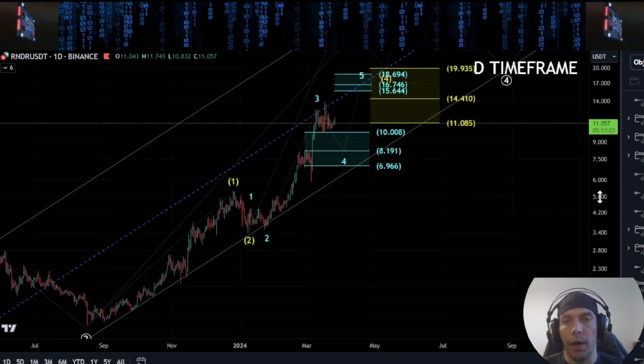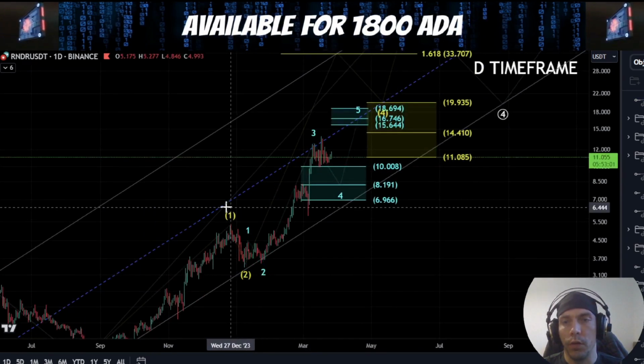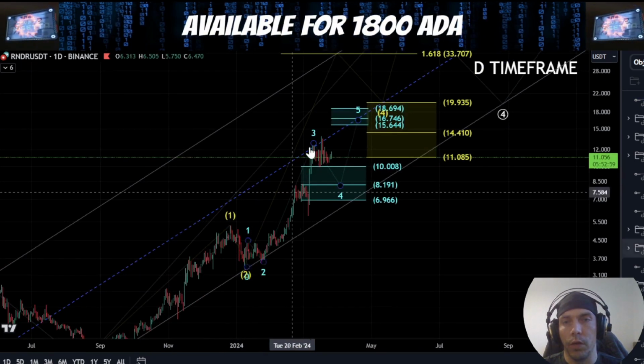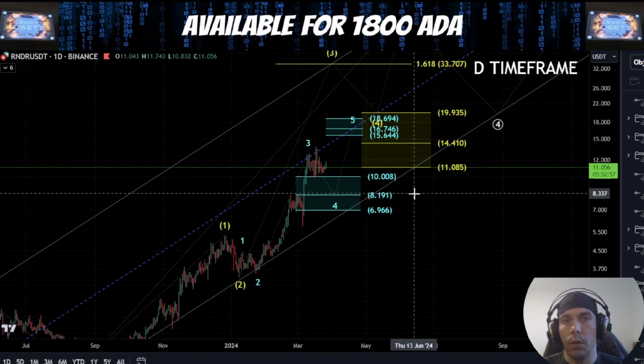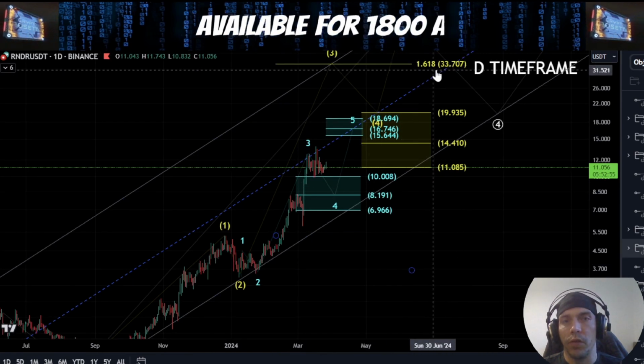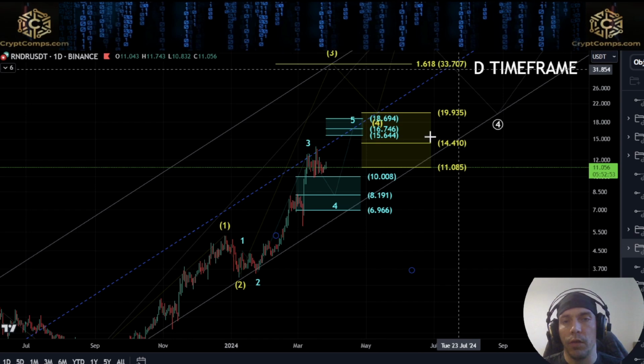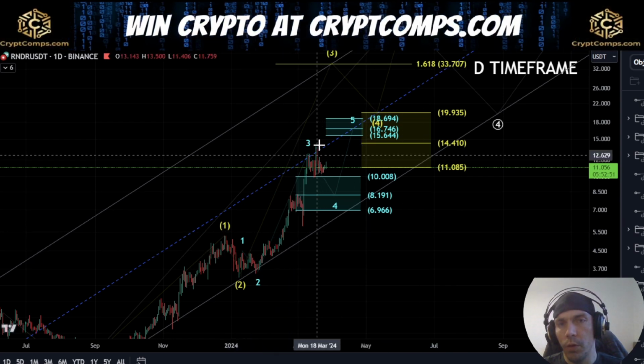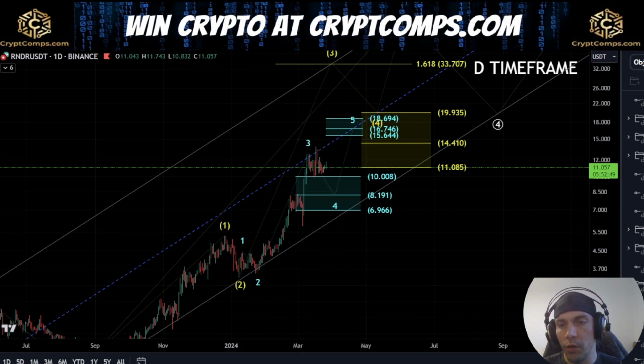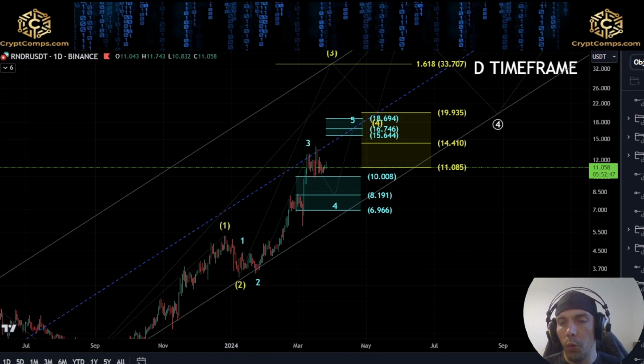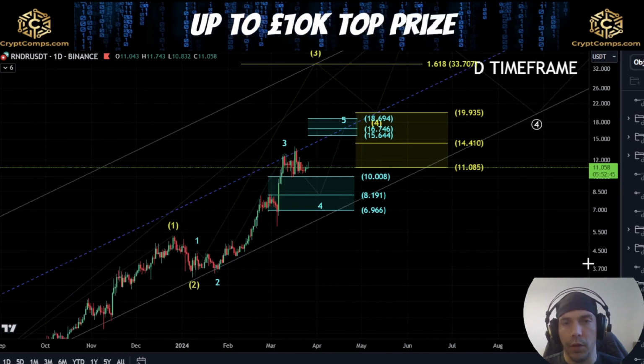Now, the problem that I have within looking at this idea of this being a wave 1 and then looking at this internally is we are quite far away from this 1.618 here of this 33.70, and it would mean that somewhere within here there would potentially be extension that is not apparent at the moment. But what we'd be looking for here with this idea is to see a